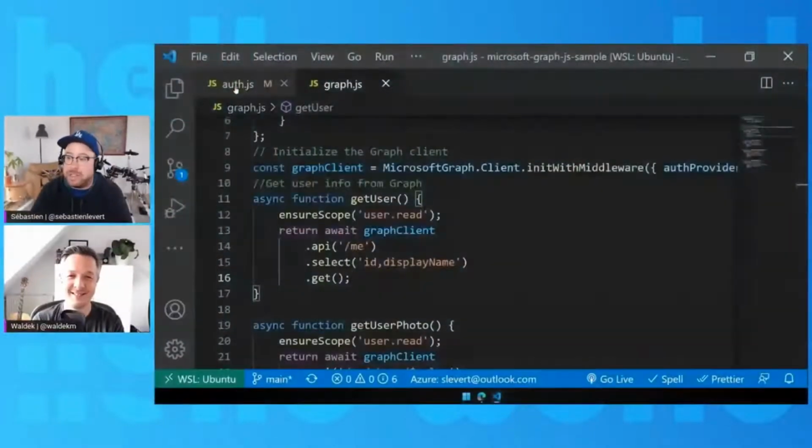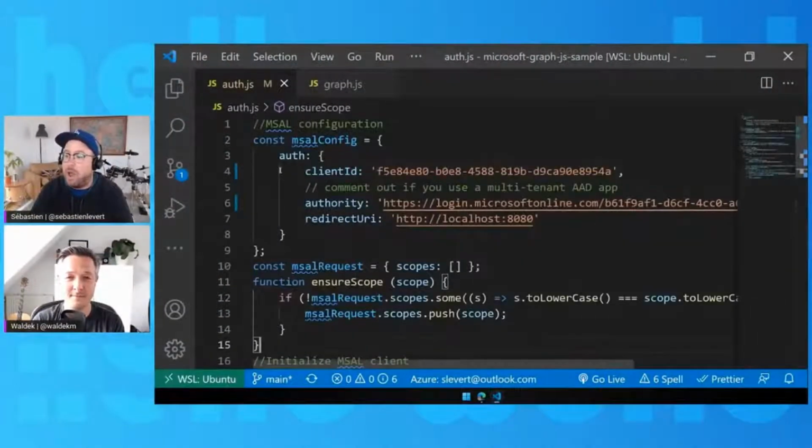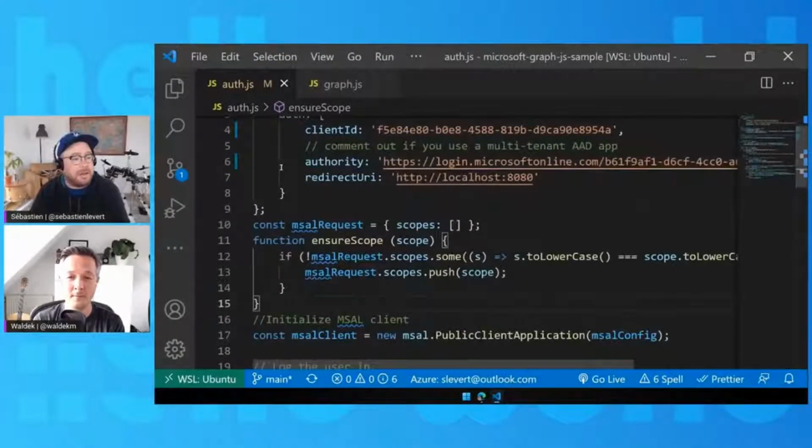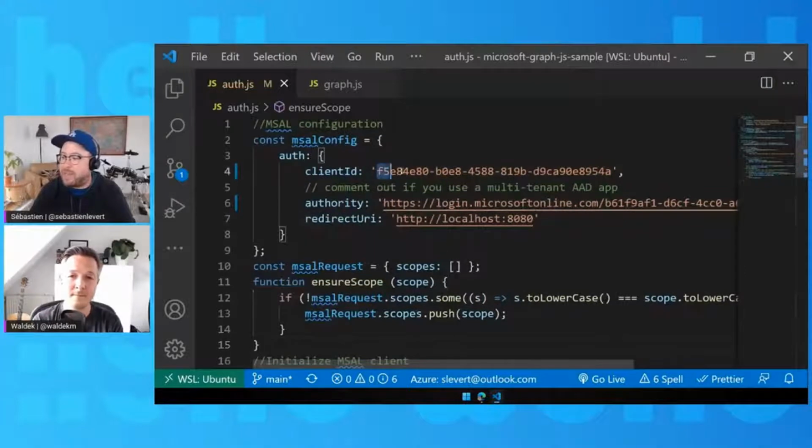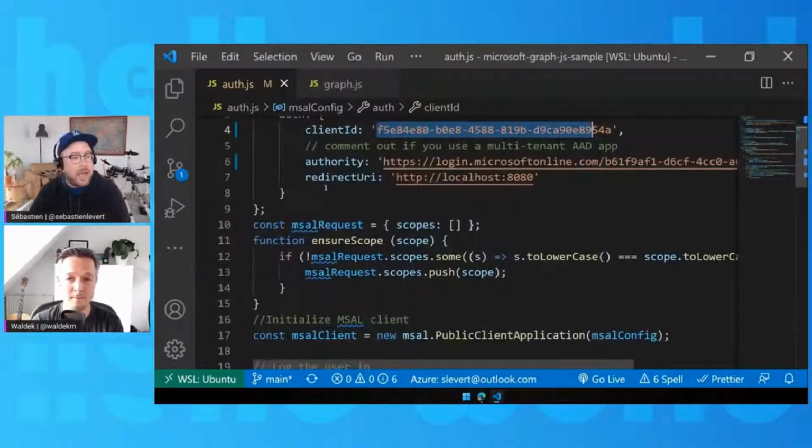So we're utilizing the auth.js file in here, which is using MSAL, the Microsoft Authentication Library for JavaScript. We're using a flavor of it called MSAL Browser, where here we just have to specify what is our client ID, what's our tenant ID, where do we want to be redirected, and the rest of this application will take care of all the redirection, creating the payload, sending the payload to the authentication endpoints, getting them back, managing